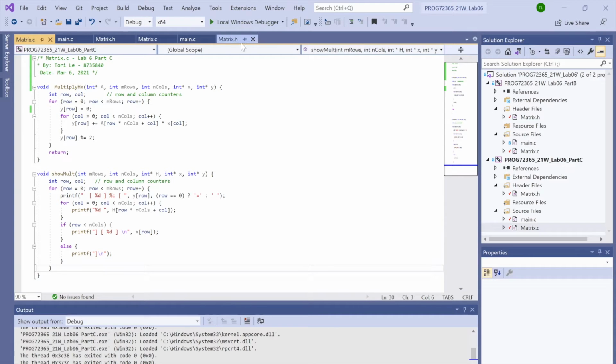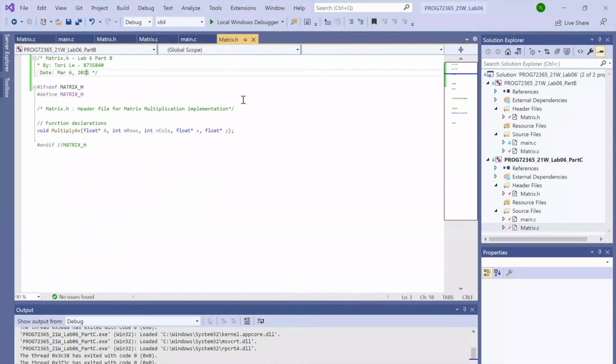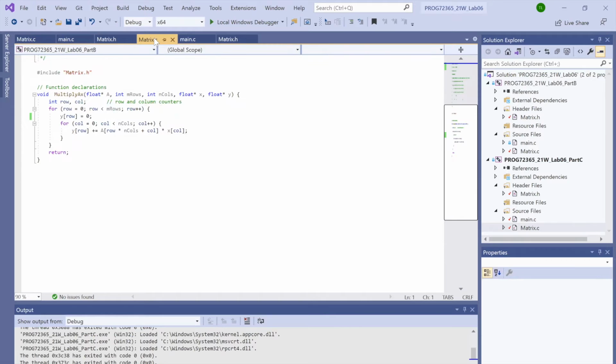The first thing we need to do is write in our matrix.h file, so we can declare our function, which is void multiply Ax, and the float pointer is our array. Integer n is one dimension, and integer m is the other dimension, and this is another pointer to y. So we can copy this function declaration into the matrix.c file, where we have